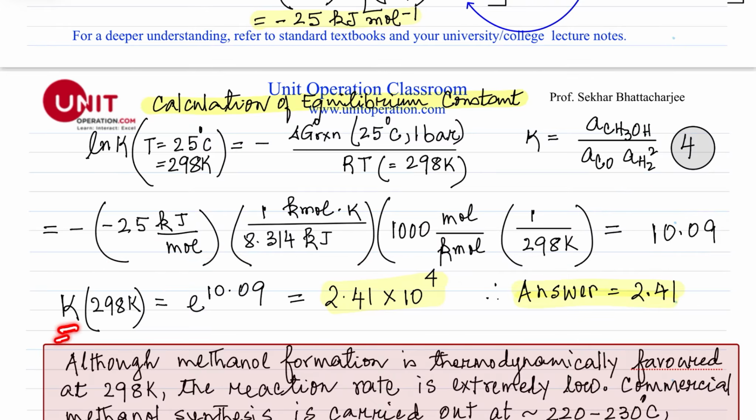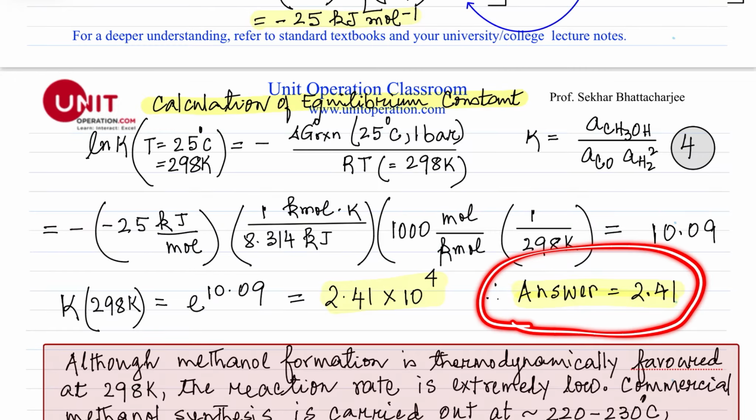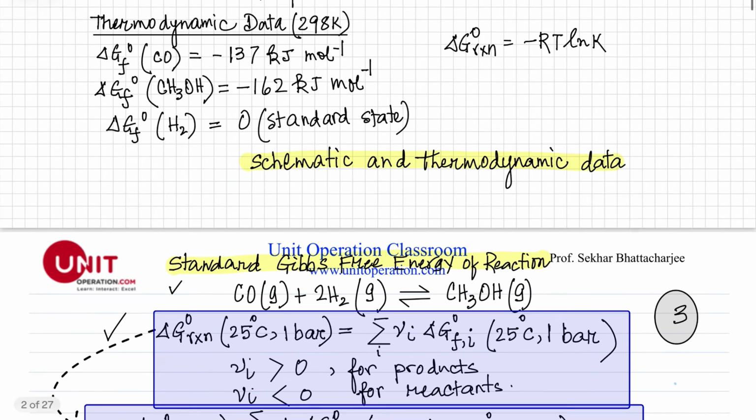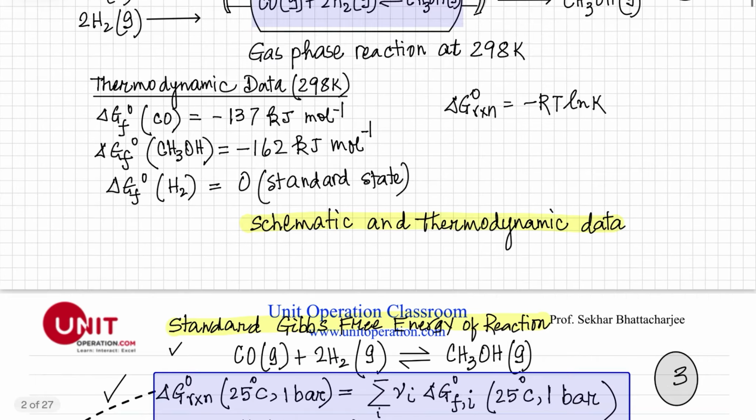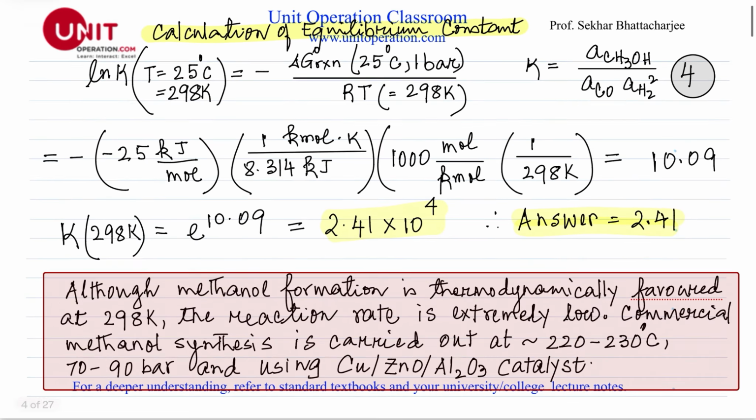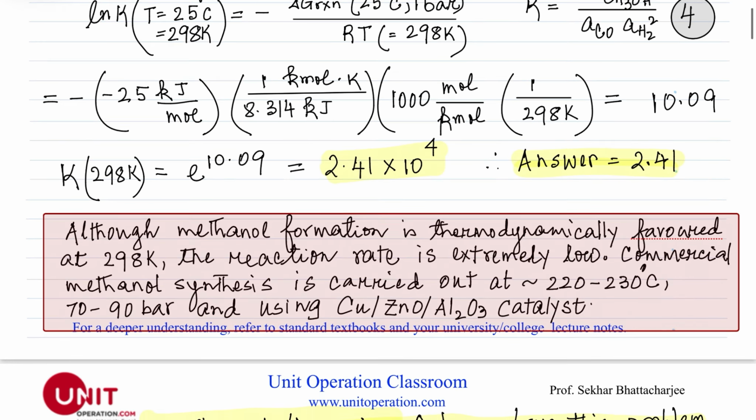If you calculate the value of K, this becomes 2.41 times 10 to the power 4. Since 10 to the power 4 is already given in this equation, the answer should be equal to 2.41, which is right here. So this value would be 2.41. That's the answer. And one thing must be mentioned: although for such a large value,